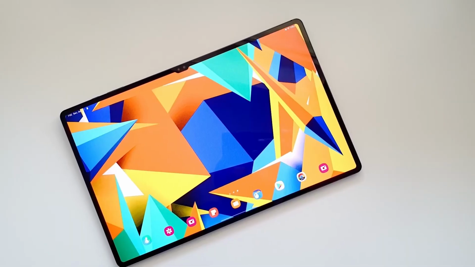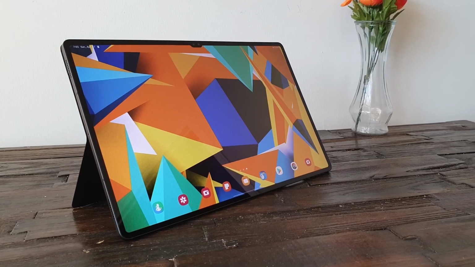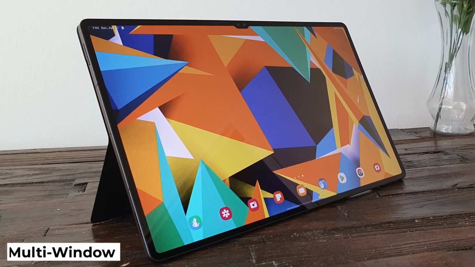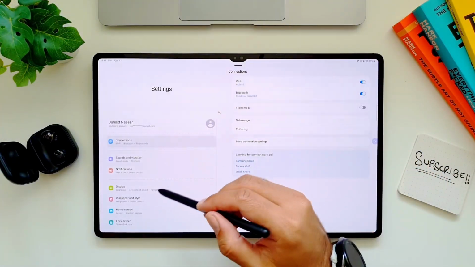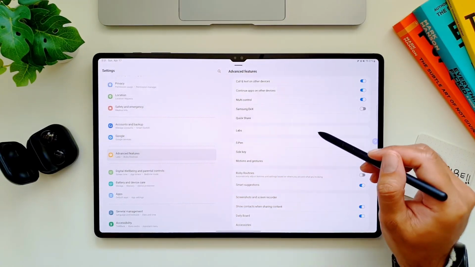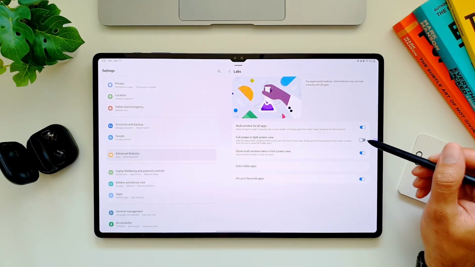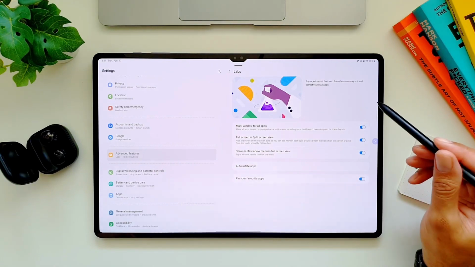your tablet. The first thing that I want to talk about is also one of my favorite features, which allows us to use multiple apps, more than 3 actually, at the same time in a multi-window environment. First go in Settings and then in Advanced Features, and here go in Labs. Turn on these 3 settings: multi-window for all apps, full screen in split screen view, and show multi-window menu in full screen view. Once you've done this, now you are all set to unleash the multi-window abilities of Tab S8